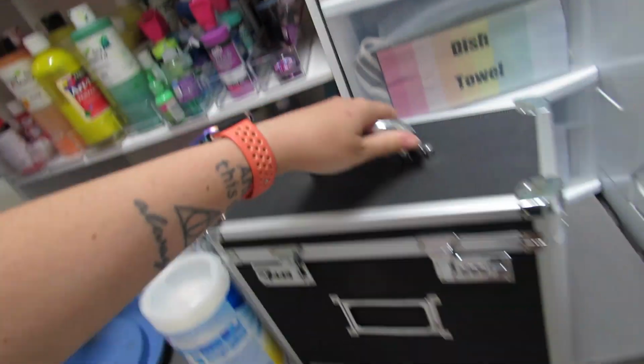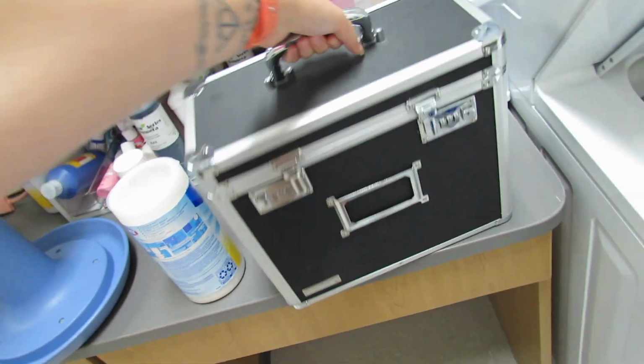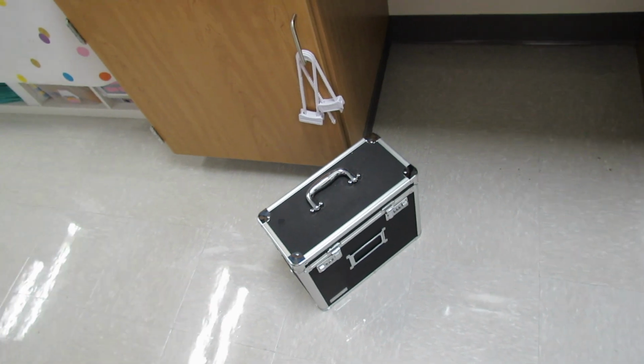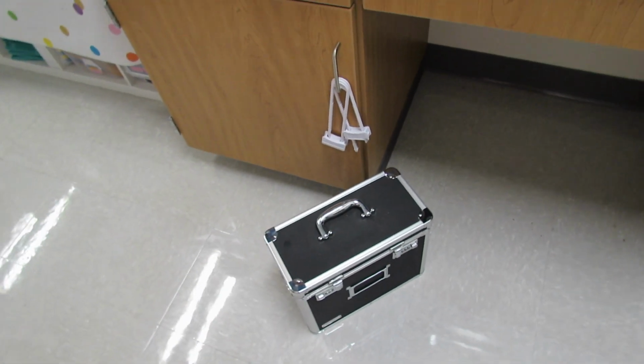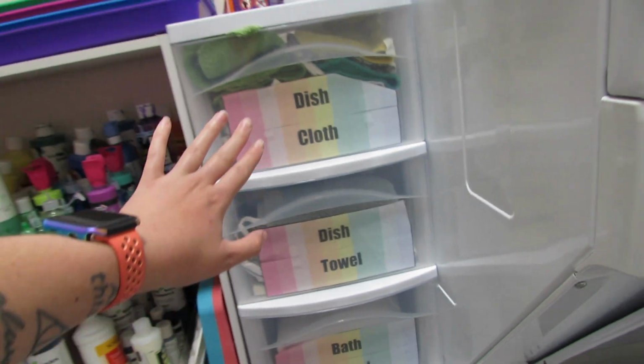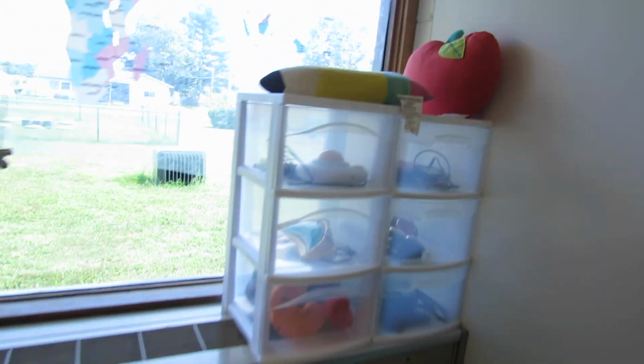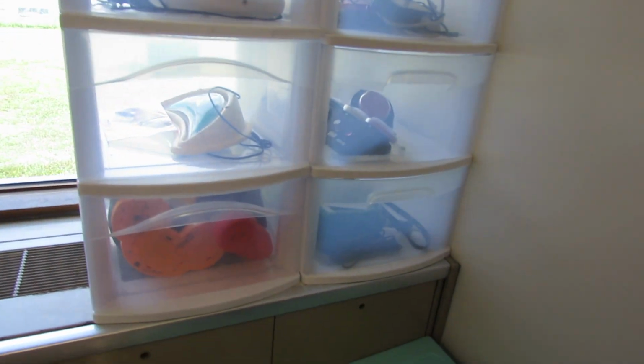We are all cut and ready to go. So we'll do this back area first. In case you're wondering, the iPad is in here. Some years I've had to lock it up, but for now I just keep it in there for the summer so I don't lose the classroom iPads. So here we have before, after, before,